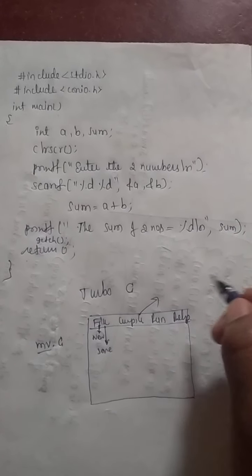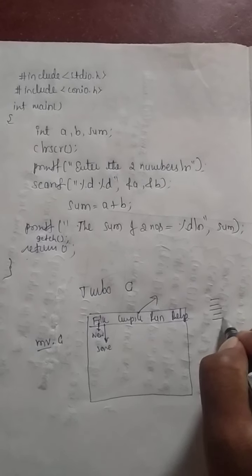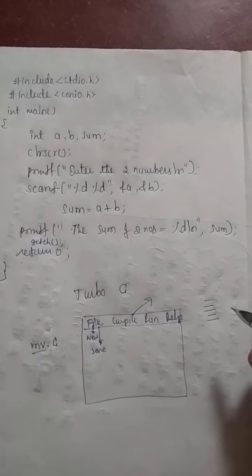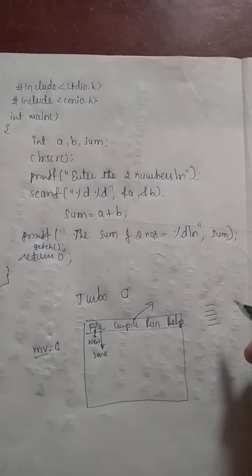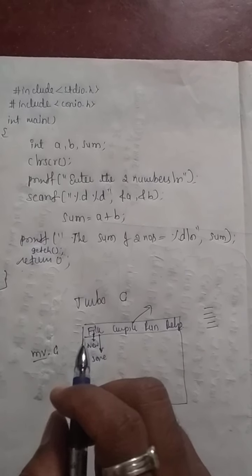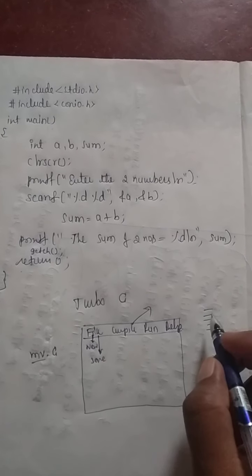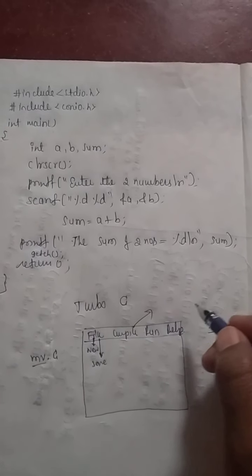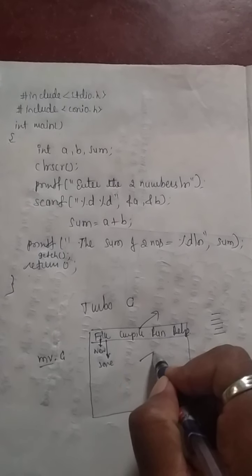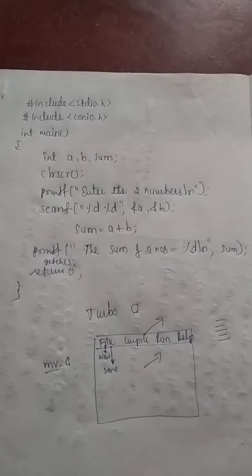Once you save the program, the next step is to compile your program. If any errors are there in your program, it will show the type of error with the line numbers. Then you go back to the program and correct your errors. After that, again click on save and compile again. If you are not having any errors, your program is ready to run. Run means you execute the program to see the output.